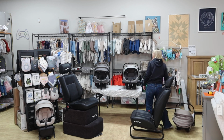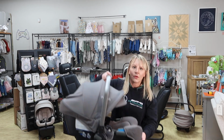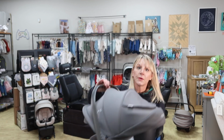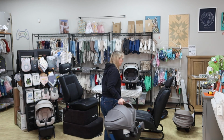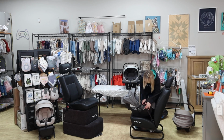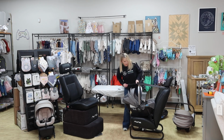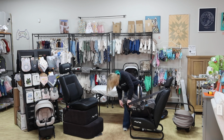So it's like, again, if I took my favorite option, the RX, here's another thing. The blue on the RX is more clearly marked. So like if there was an emergency and you were actually trying to get the hell out of somewhere and you needed to buckle this into a car without a base on the fly, I like that that blue is more called out. It's easier to see. So now I can take my car seat and I'm gonna do the exact same thing as I did before, right? Wherever there's blue, I'm gonna hook up my car seat with the seat belt, make sure it's locked off,